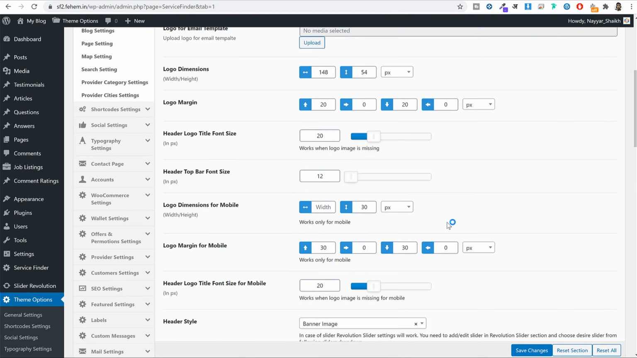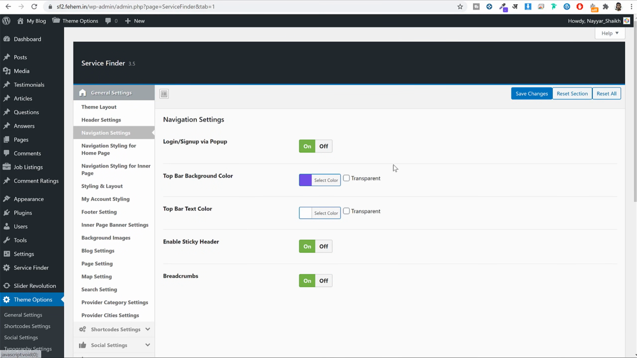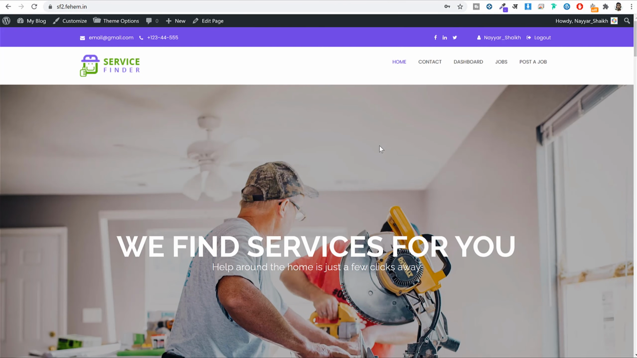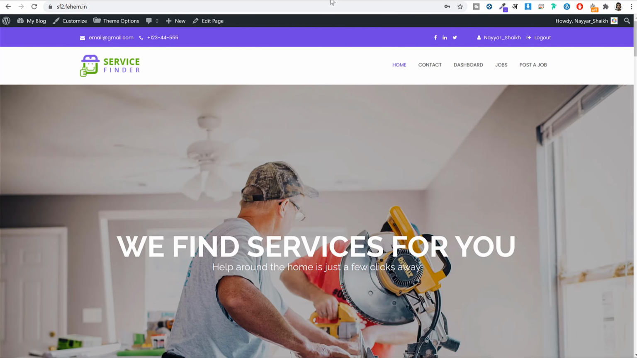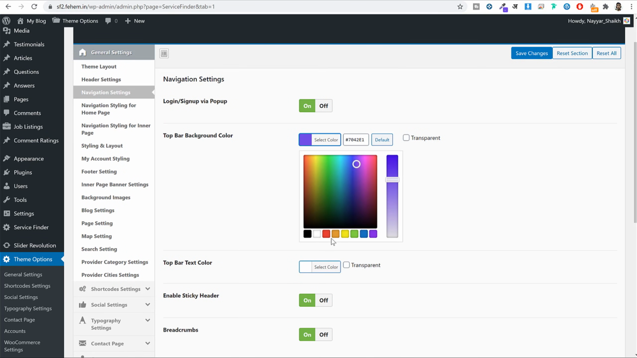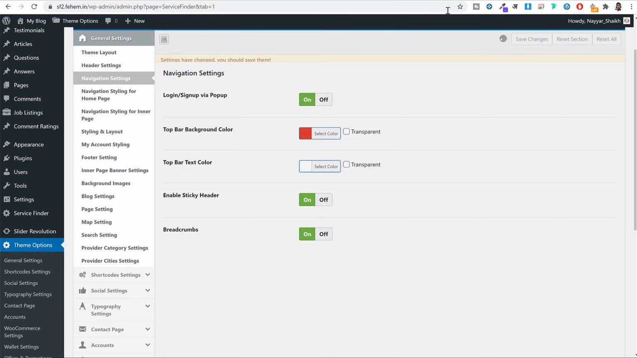All right. Then after that, under general option, we have navigation setting, which is your menu. So as you can see, this is your menu for top bar. As you can see, top bar background color is this purple color. If you don't like this color, if you want maybe red color, you can select this, click on save settings,